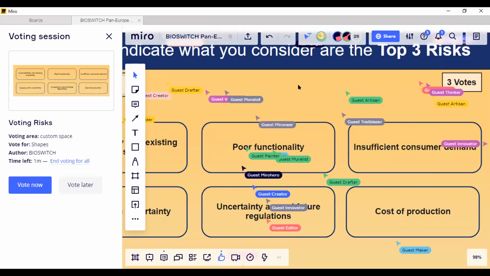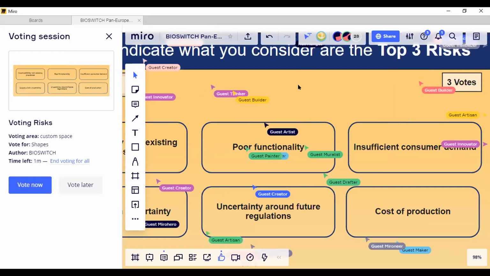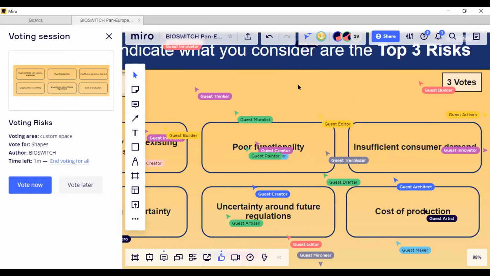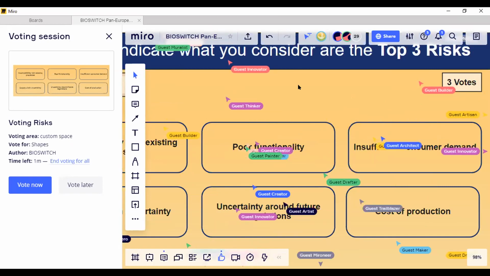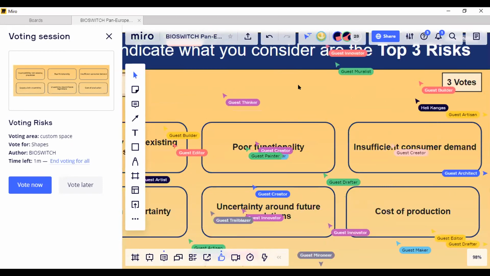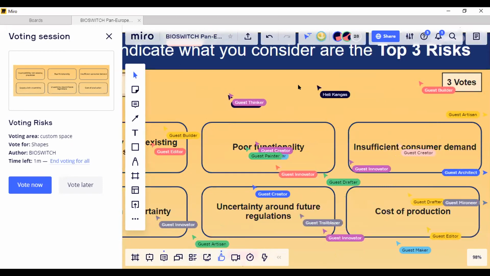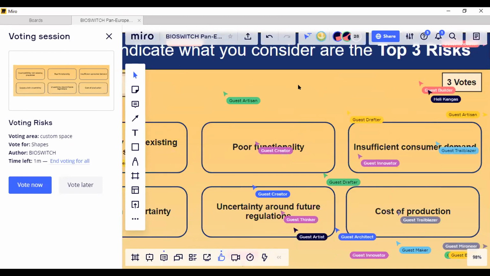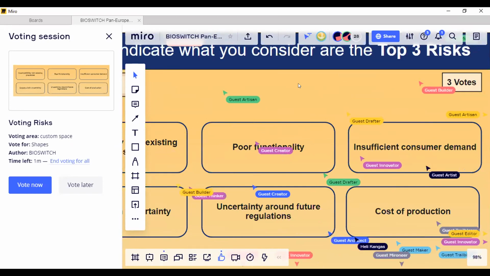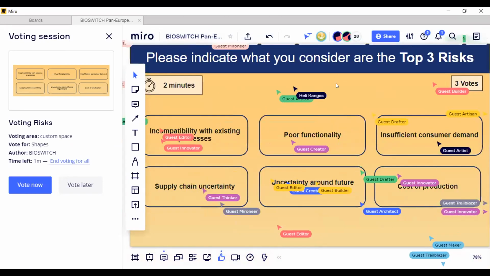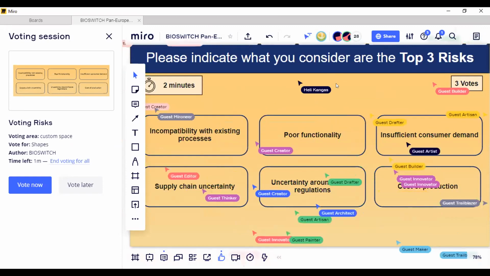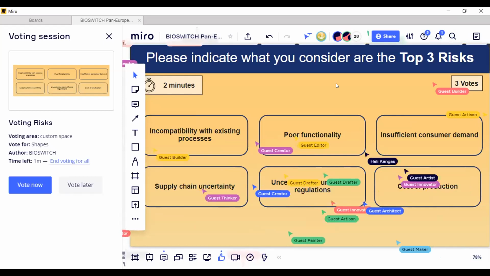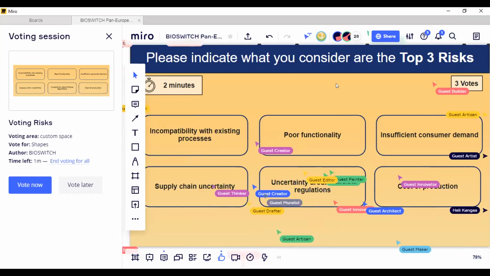Could you please indicate what you consider are the top 3 risks when transitioning to bio-based approaches? Again, click on the vote now button, the blue one on the left, so you can begin your voting. We have 2 minutes, and there are 3 votes to select 3 options. The options are incompatibility with existing processes, poor functionality, insufficient consumer demand, supply chain uncertainty, uncertainty around future regulations,